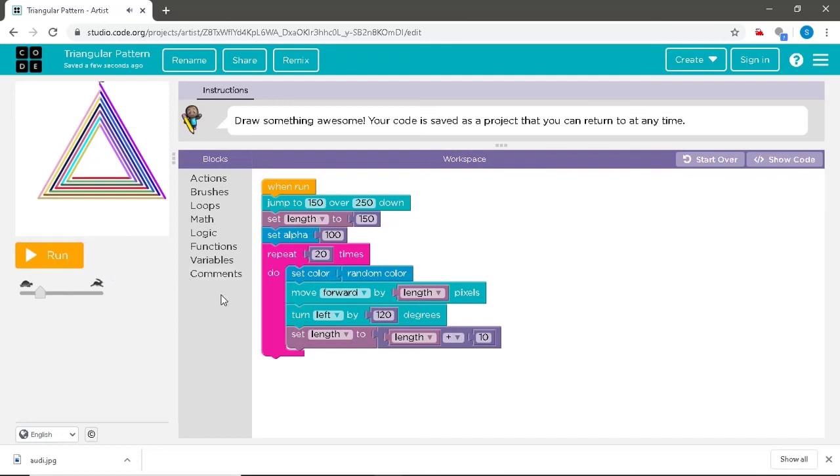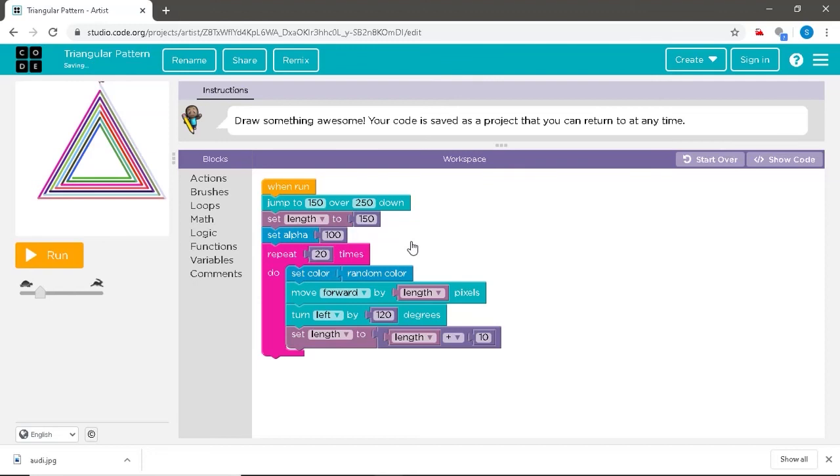Similarly, if we set alpha to 0, you will see that nothing is there on the screen. If we set it to 50, you will see that the drawing is very pale. If we set it to 70, you will see that it is brighter than before but still pale. If you set it to 100, you will see it is very dark and bright. Thus, like mentioned in the start of the video, alpha gives the option of fading or increasing the brightness of our drawing.